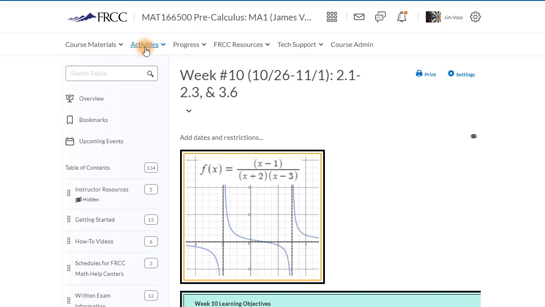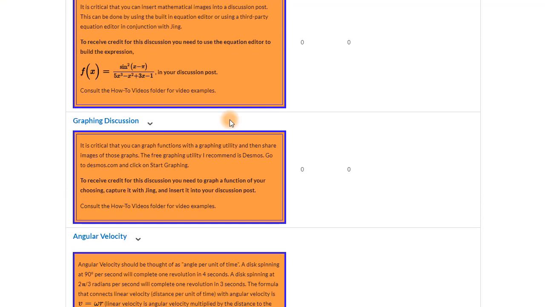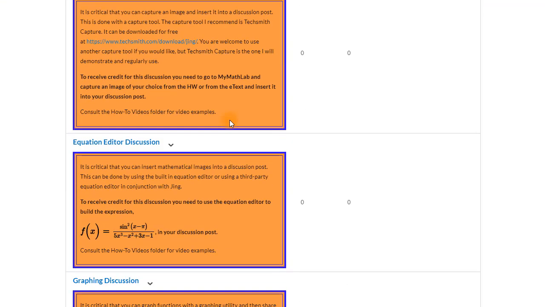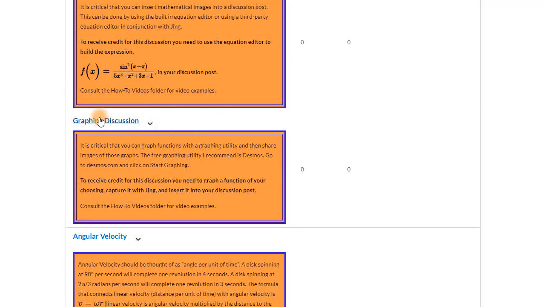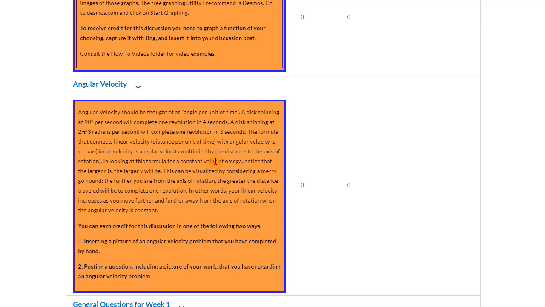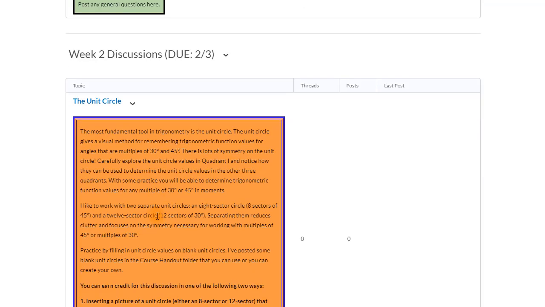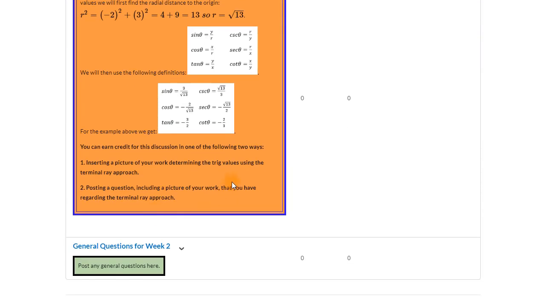Let's jump over to discussions. Those are under activities, or you could link to them through the content tool. So once you're in the discussion area, you just click on the discussion topic and start a new thread, and you follow the instructions that are out here. So for this content one, read this carefully. You will get credit by posting an image of your work that you've done by hand. So it's going to be important to be able to insert images, because every discussion, for the most part, you're going to be inserting an image, not attaching an image. And so you can just scroll through all the discussions